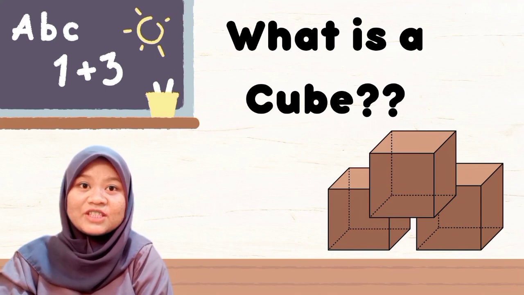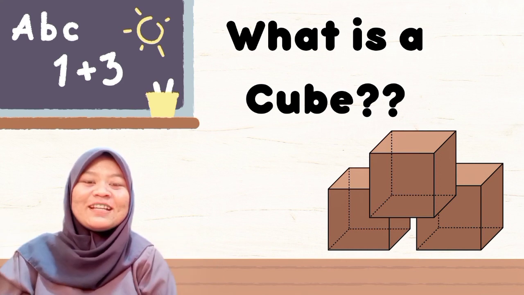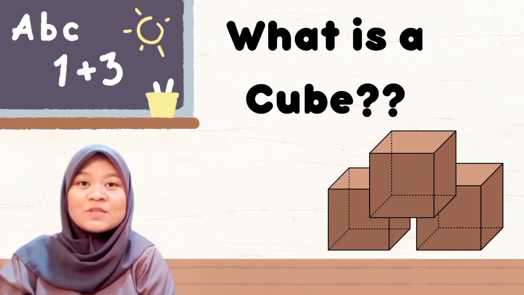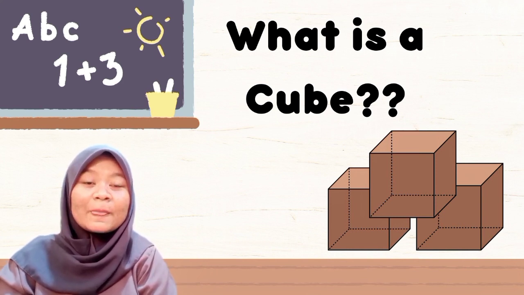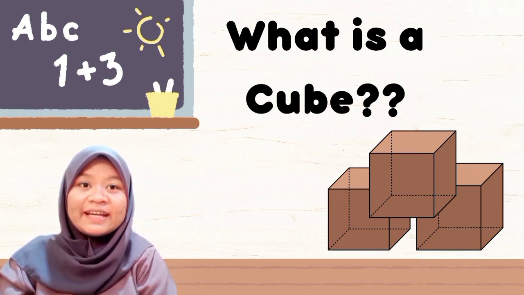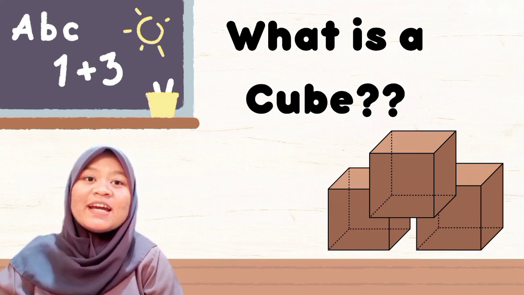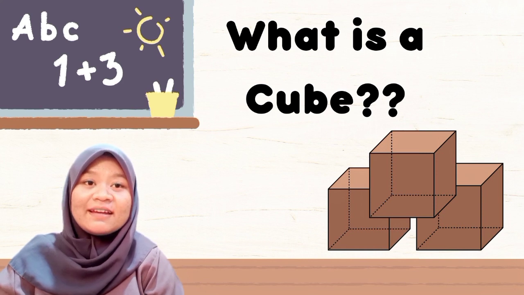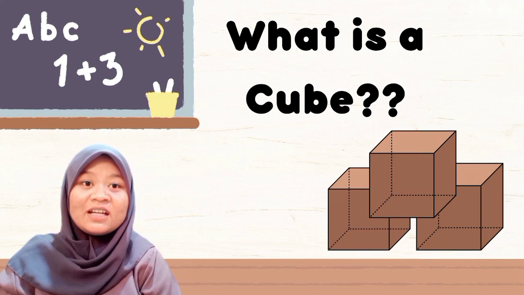Let's explore solid shapes and relate solid figure formulas. This time, we will discuss a cube and a sphere. What is a cube? A cube is a solid shape with six square faces. Each square face has the same side length and thus all the faces have the same size. A cube has 12 edges and eight vertices. Each vertex refers to a corner where three edges of the cube meet.